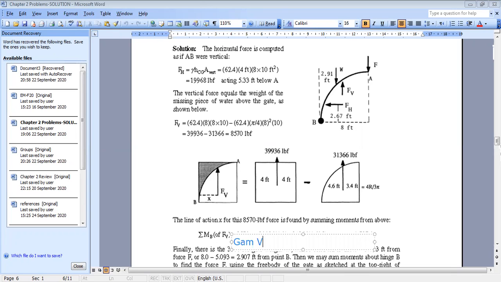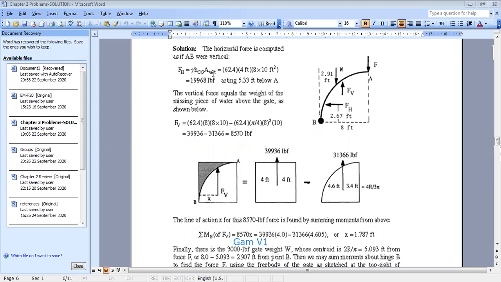Okay, times V1. You will see that here gamma and the width will be simplified. So we will go back to our equation of centroid of area. Gamma times V1 times X is equal to, what is the force here? This force represented here is the force of the total weight, because we have the total weight and we subtracted from it weight 2. The total weight is equal to